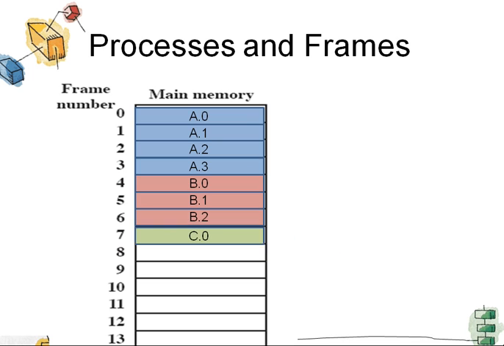Then we have another process that is B, and we have divided it into 3 pages, equal size pages. So maybe process B is smaller than that of A, so it is having less number of pages. Then we have process C here, again having 4 pages. Now we have finished with the execution of process B. Now these 3